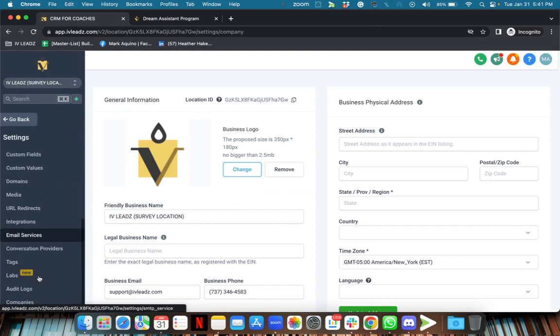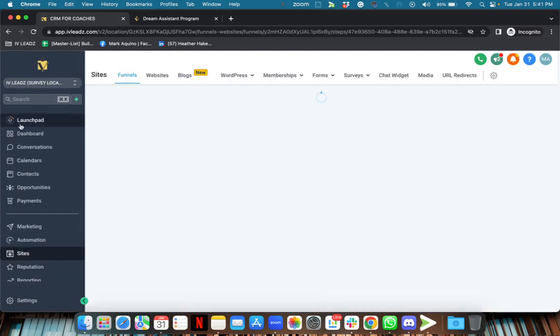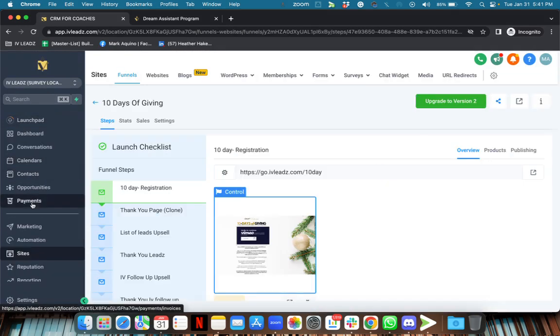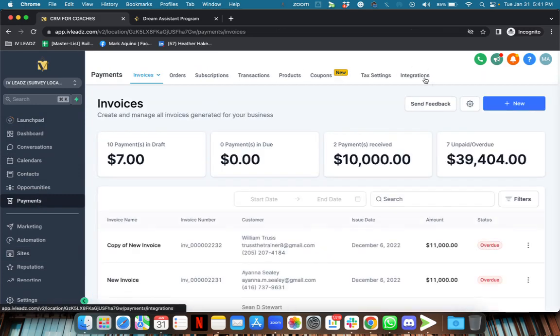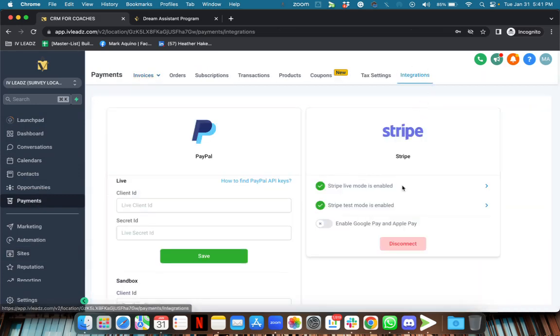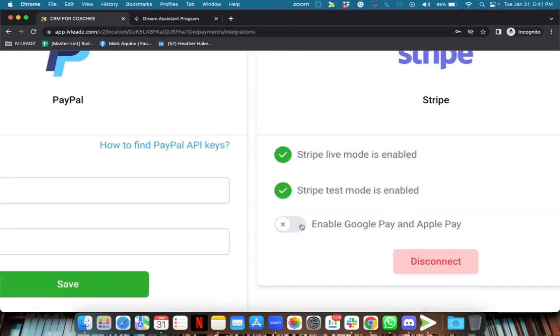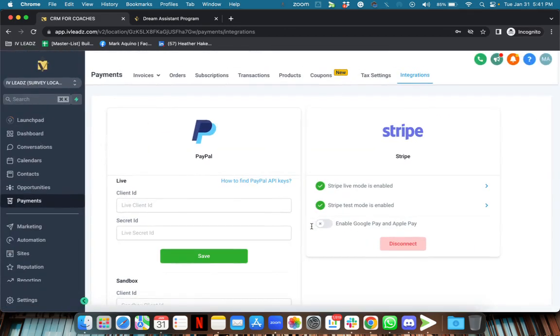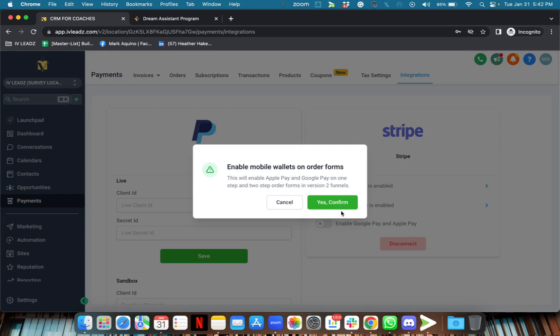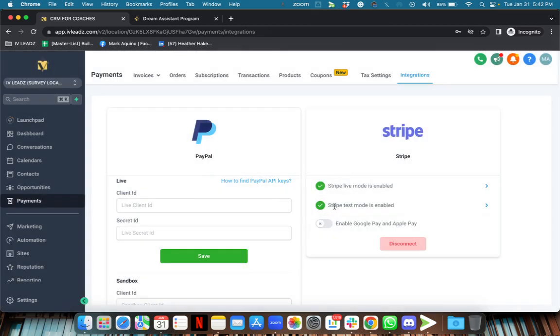go to payments. Oh, actually it's already here. So go to payments in the menu bar and then go to integrations, and you can find here the toggle to enable Google Pay and Apple Pay for all your purchase pages. So just click on that button and then click on yes, confirm. Now, what happens is that all your purchase pages will have that option